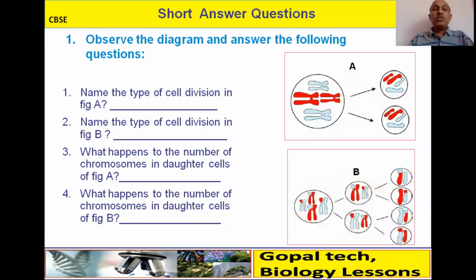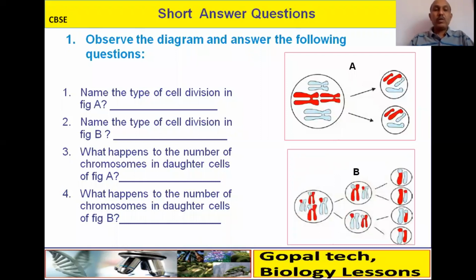नाउ इस प्रकार के क्वेश्चन भी आएंगे। ऑब्जर्व द डायग्राम एंड आंसर द फॉलोइंग क्वेश्चन। सी ए डायग्राम देख लो, बी डायग्राम देख लो। हियर नंबर ऑफ क्रोमोसोम्स 4, तो इधर भी 4 4, इधर 4 है, इधर 2 2 आया है। आंसर: नेम द टाइप ऑफ सेल डिवीजन इन फिगर ए, नेम द टाइप ऑफ सेल डिवीजन इन फिगर बी,